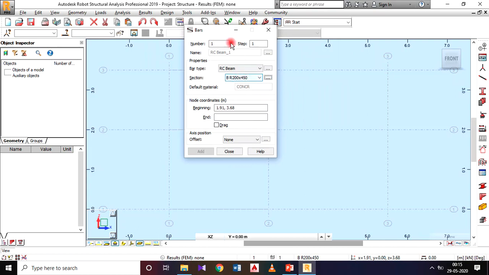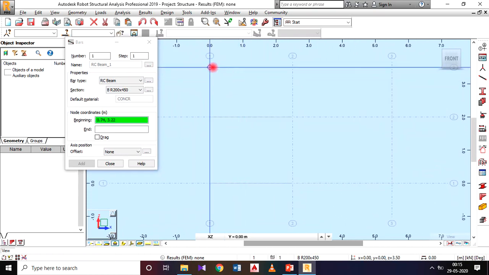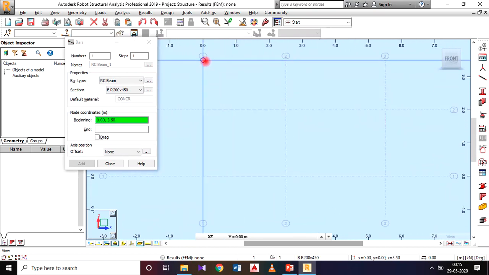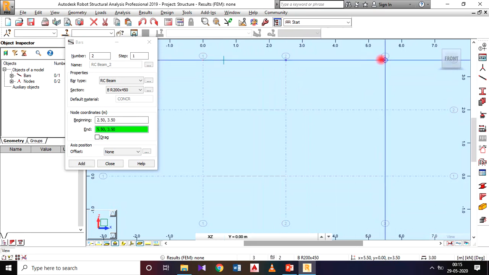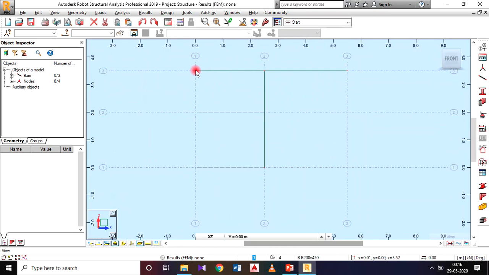So I got the same section. So I will draw those bars here. The starting point is here, point A. Here I will select the point and drag, this one is B, then B to C. And the same bar from B to D. Close. Just see, start from 0 to 3, from 2 to this point. Okay, so D. So this will be the frame.